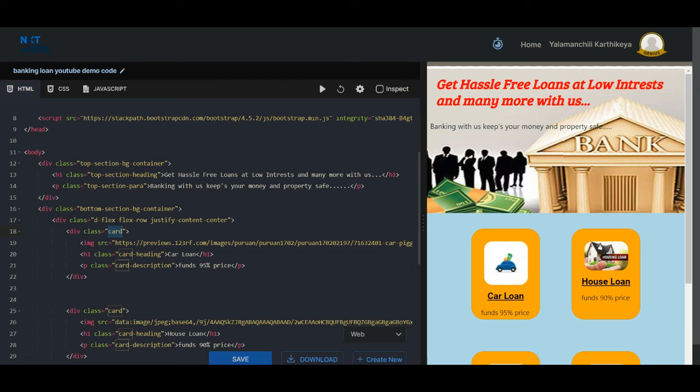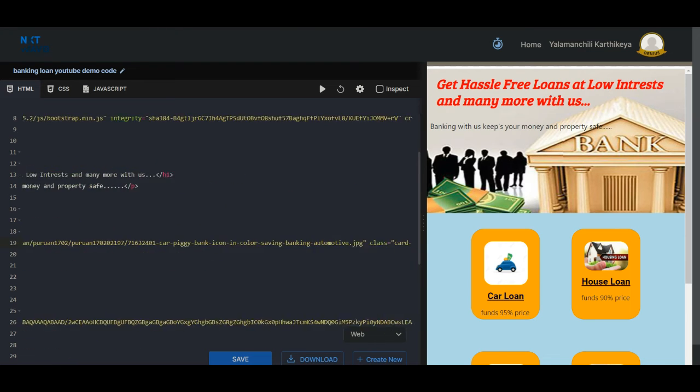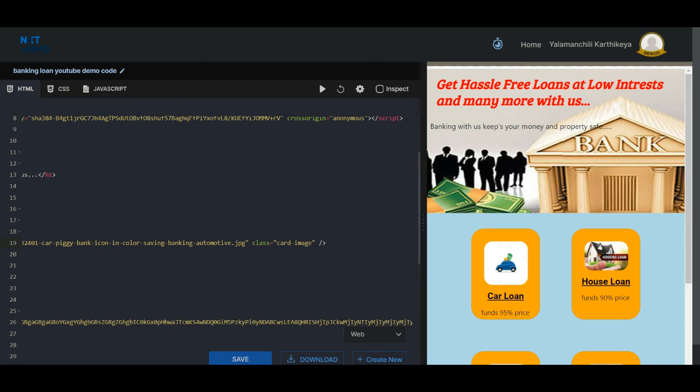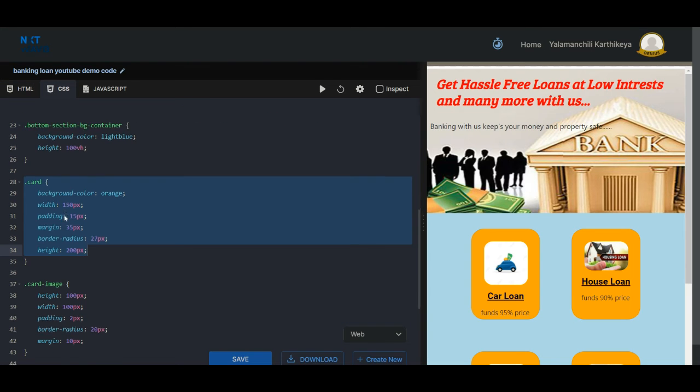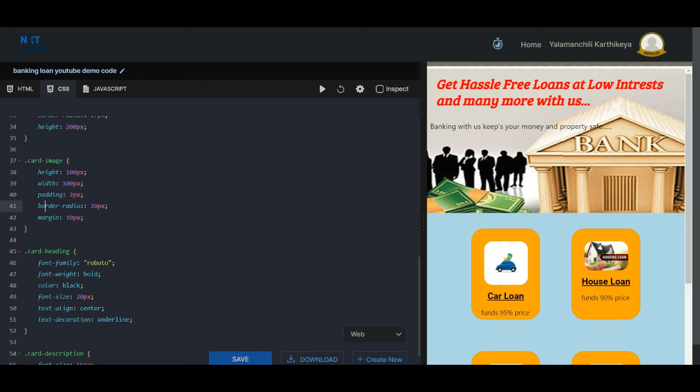Next, I have to get an image in that card. That is why I chose the HTML element image with a source attribute and gave the link of the image of that card. And also for that image I have given some rule set with a selector named card image. And this is the rule set I have written for the card image.